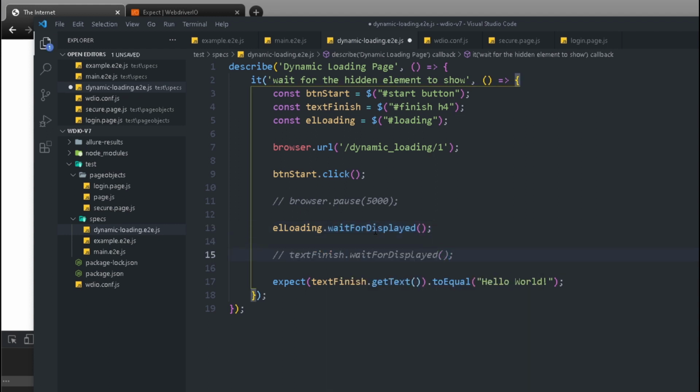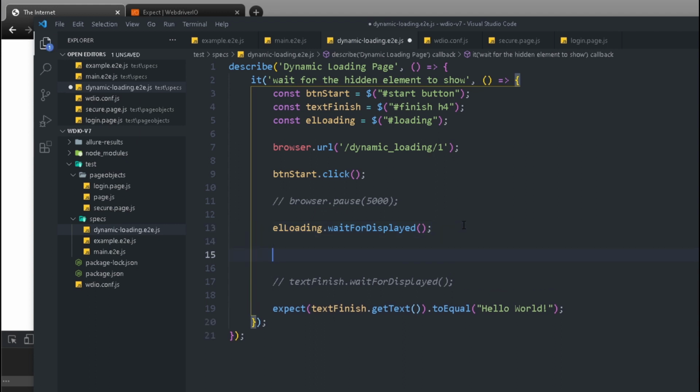So if you think that if I just comment this one out and just run this, the test would work, well, think again. Because here what we're saying is, all right, wait for that loading to show up, right? The moment that loading shows up, that doesn't necessarily mean our text is actually on the screen, because the loading, as you know previously, can probably take a few seconds to go away. So what we want to do is make sure that the loading shows up, and then we want to make sure that the loading goes away from the screen as well. So wait for it to appear and then wait for it to disappear from the screen.